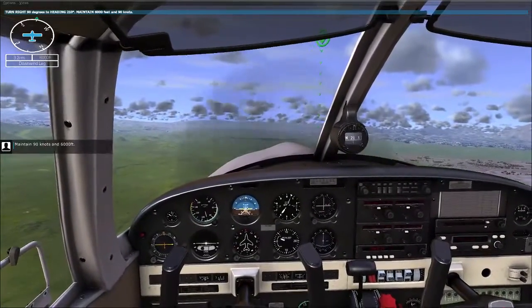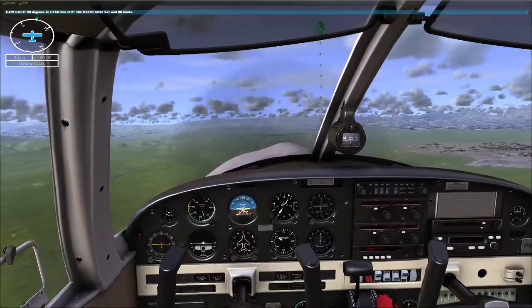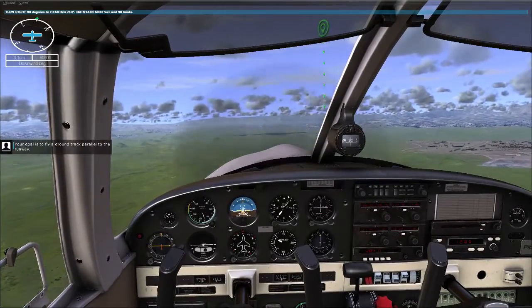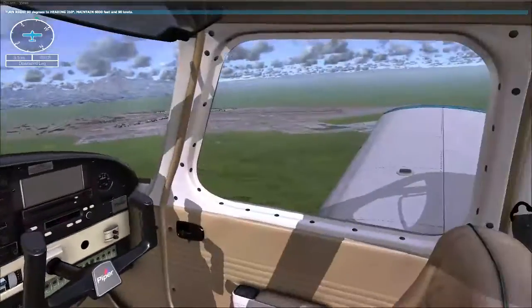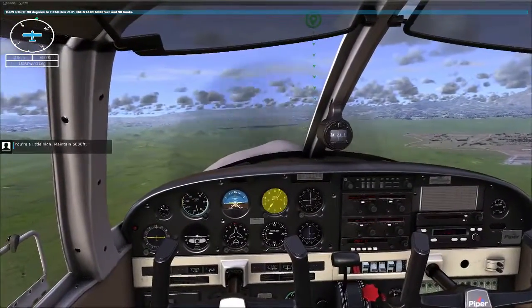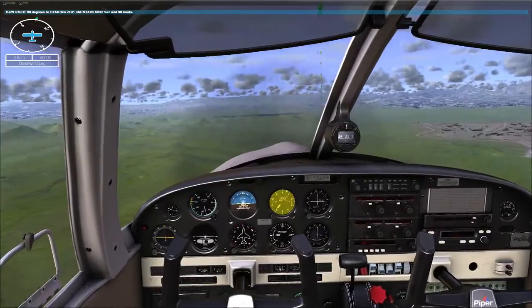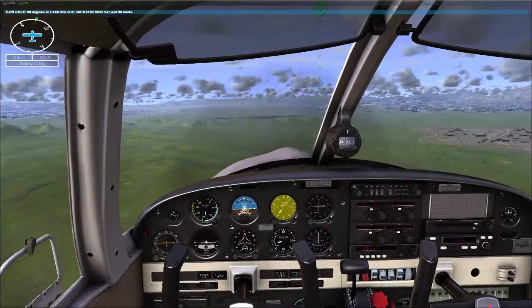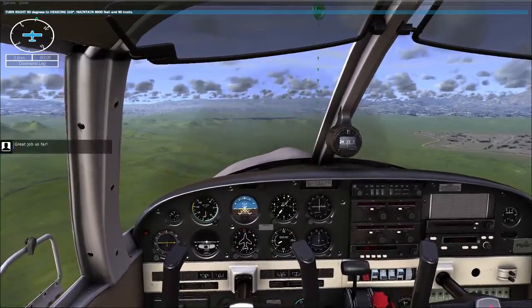Maintain 90 knots at 6,000 feet. Your goal is to fly a ground track parallel to the runway. You're a little high. Maintain 6,000 feet. Great job so far.